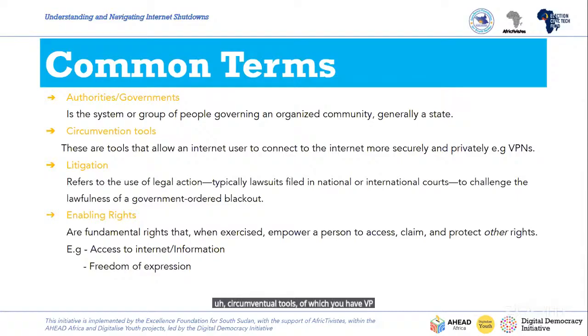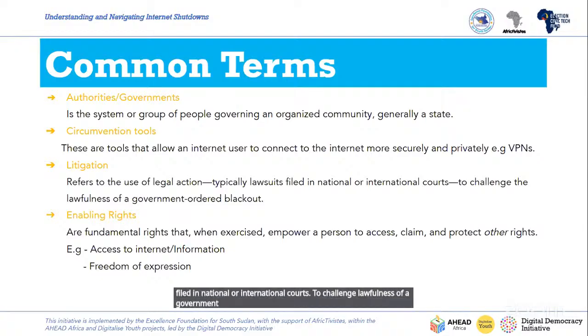And then next we have what we call litigation. Litigation basically refers to the use of legal action, typically lawsuits, filed in national or international courts to challenge the lawfulness of a government-ordered blackout.